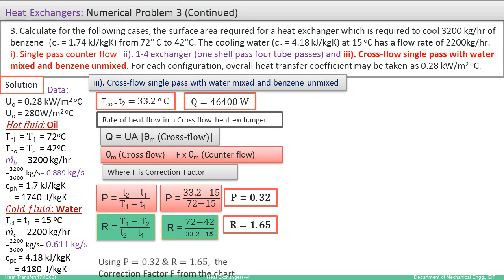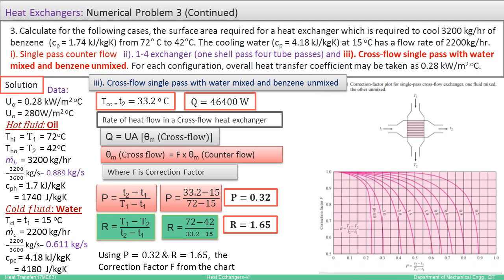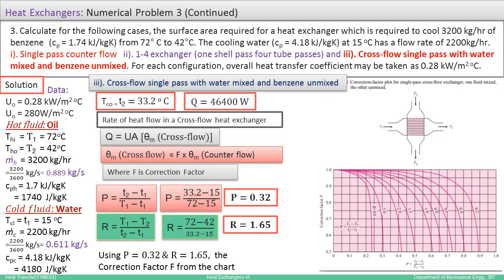Now we have to use this chart for this case. Different chart. The different chart is for the single pass cross flow heat exchanger, one fluid mixed and the other fluid unmixed. Okay, and now first we'll identify the